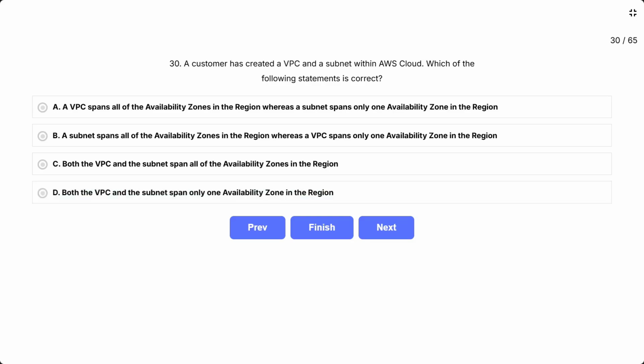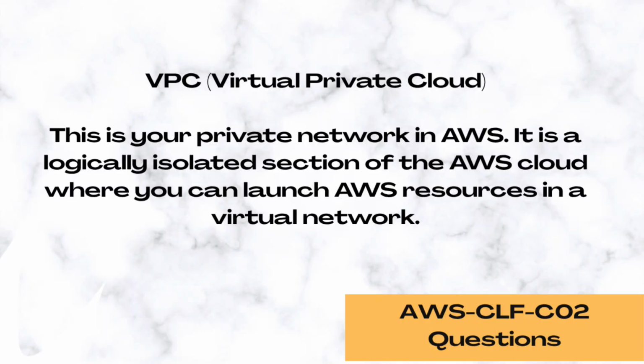So, what is this question asking about? It wants you to understand the scope and coverage of two key network components in AWS, that is, Virtual Private Cloud and Subnet, specifically how these relate to availability zones within an AWS region. So first, let's understand the terms. VPC is your private network in AWS.